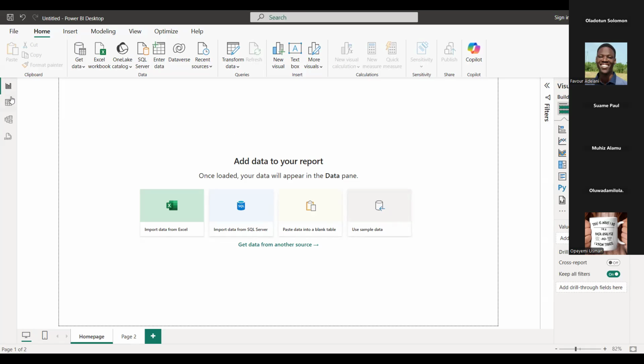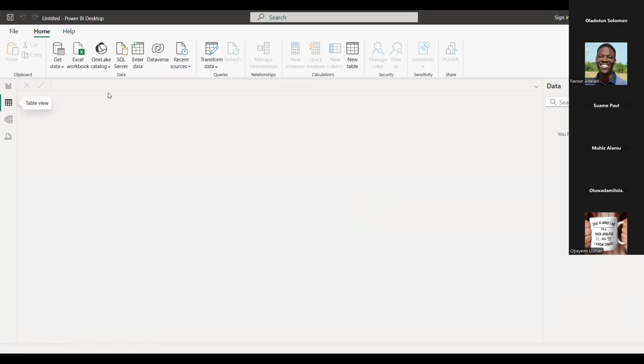Now, if you look to the right, you will see we have 4 buttons here, which I'd like to explain. All these are called views. The first of them is the report view. Basically, this report view is where you build your visuals. We have the table view.